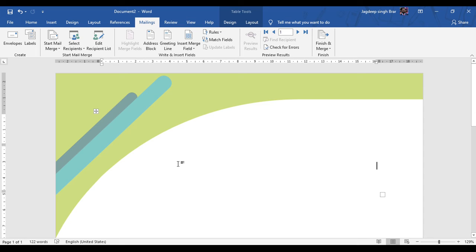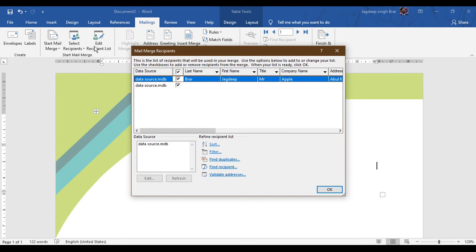The third option is you can choose from Outlook contacts. If you want to select the recipients from the existing list, then you can click on Edit List to choose the people's names, for example the person to whom you want to send your mail, and click on the OK button.